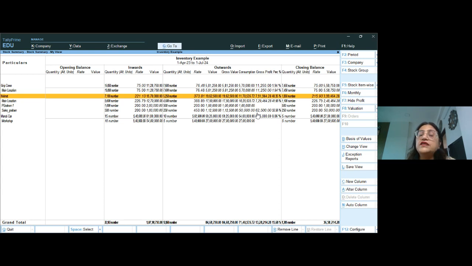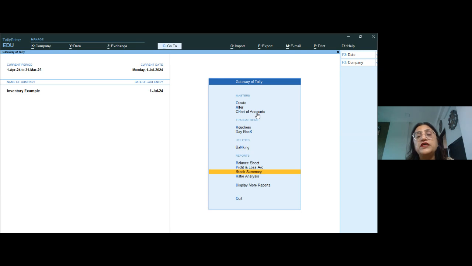And then yesterday I gave you the clarification on godowns also. In that case, I told you if I do not create the godown at the time of creation of the company, and we already passed the purchase and sales entries, then by default Tally automatically stores the inventories in the main location and exits the inventory from the main location at the time of sale. So first we have to transfer all the stock from the main location to our godown. I told you that in the case of transfer of material, you have to pass